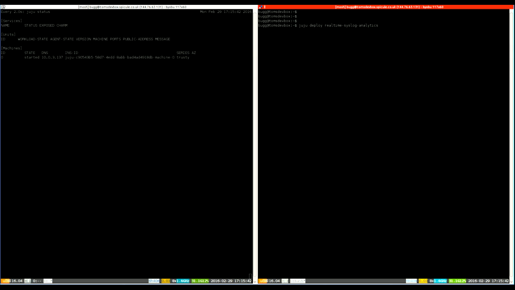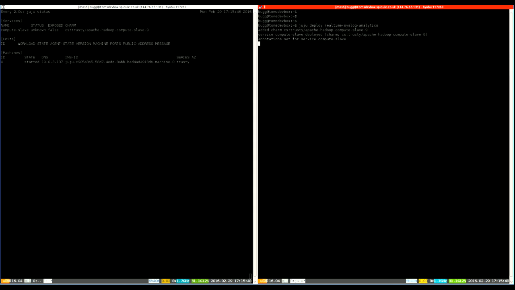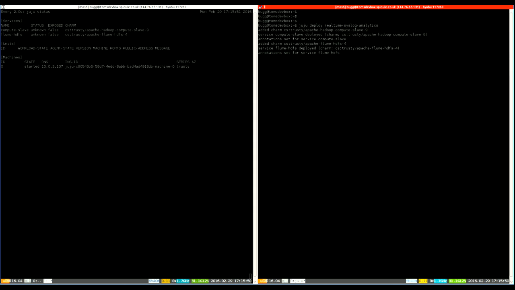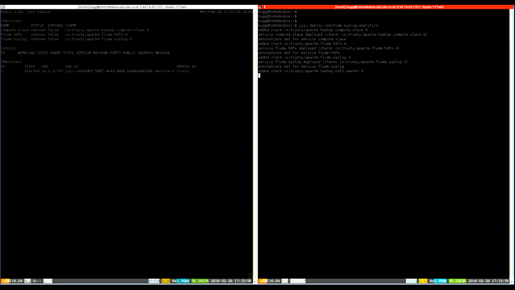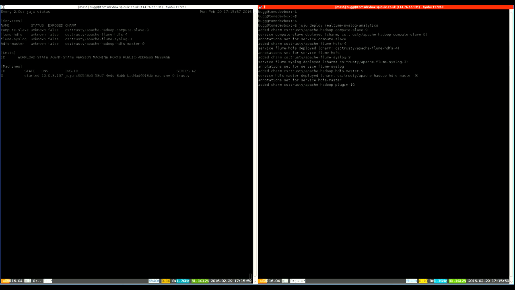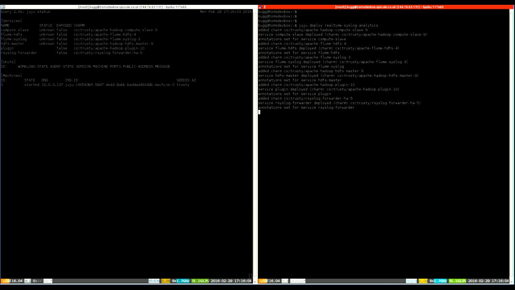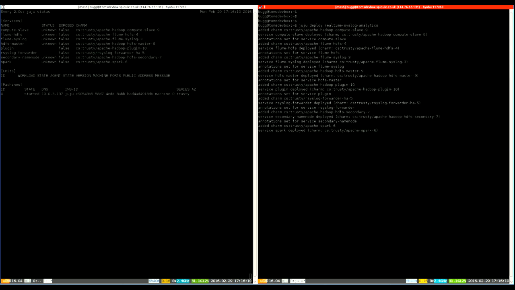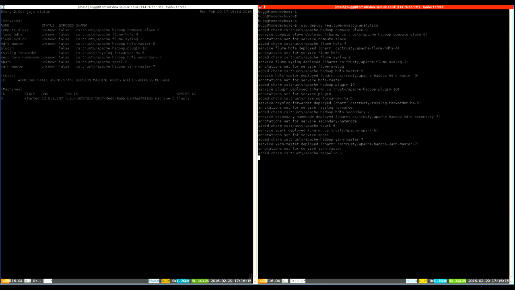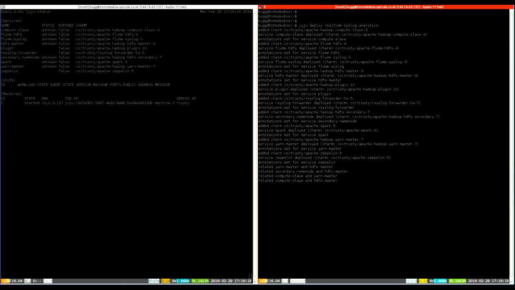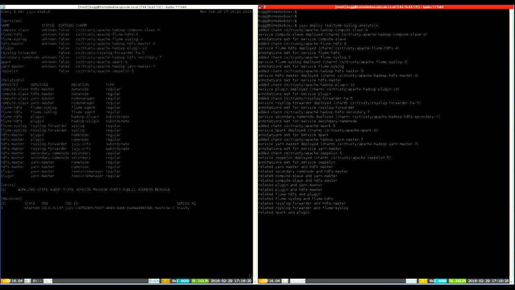And as we hit the go button, on the right hand side, you will see it starting to deploy these charms. So the charms are the single services that are deployed to the platform. And each one can run standalone, assuming that it has the understanding and capability to do so, or it can connect to other services. And so you can see it adding the charms on the right hand side, and on the left you can see my status, and the services at the top of the platform are expanding. And so the different services that this bundle requires are being deployed within my Juju